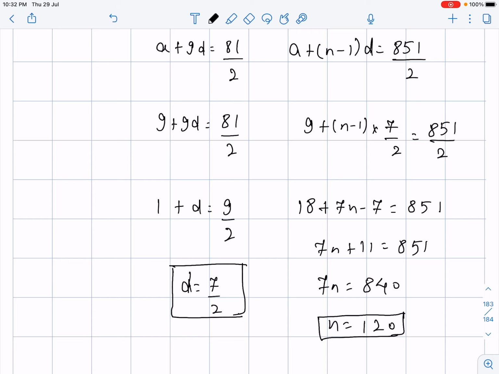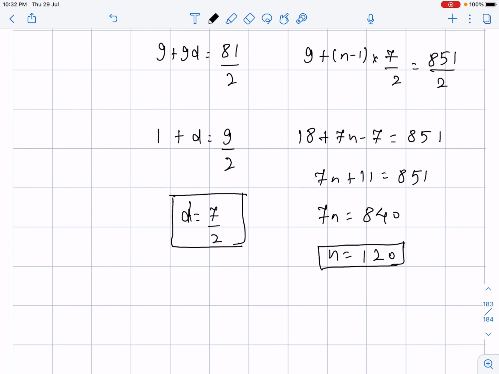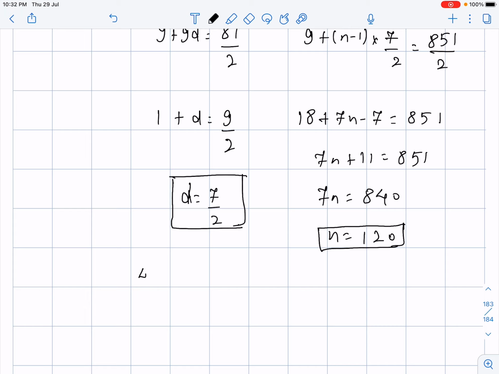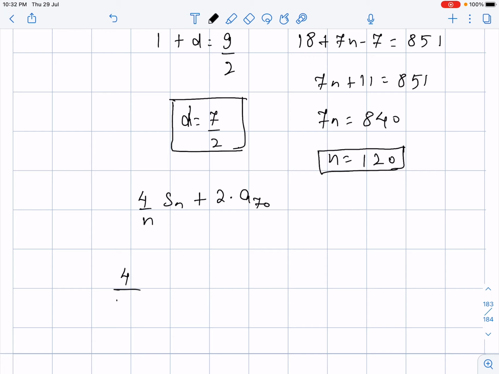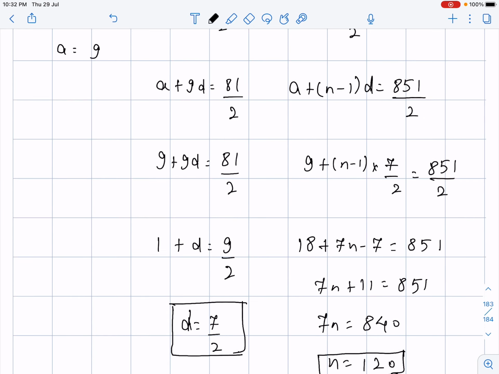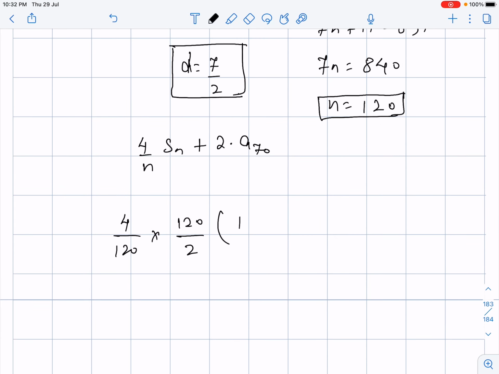Now proceeding further guys, we'll get the value of 4 upon n multiplied by Sn plus 2 times A70 that was asked to us. 4 divided by n multiplied by Sn plus 2 times A70. So n is what we are knowing, 120. So 4 upon 120, Sn will be n by 2 multiplied by, n is 120 we are knowing, divided by 2, multiplied by A plus L. L we are knowing, 851 upon 2, A we are knowing, 9. So we may write it as 18 upon 2 plus 851 upon 2